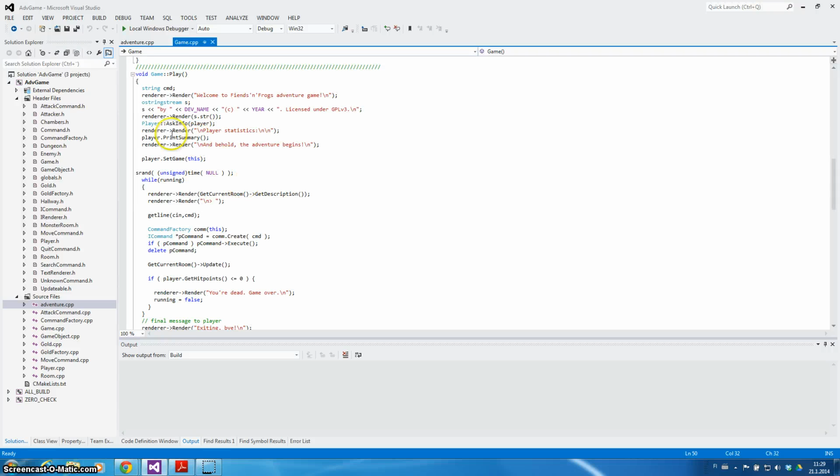And over here we have then player statistics, get it from a text file, and then